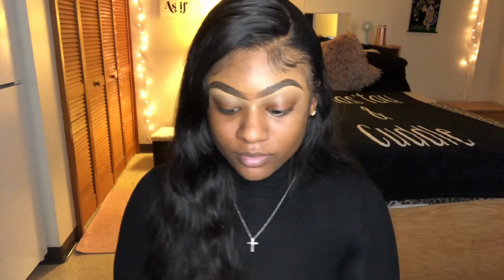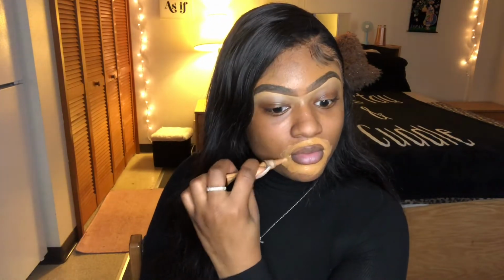And then next up, you guys, we are going into the face. So I am priming my face first, and once all of the skin is primed, you guys, I go in with my LA Pro Girl concealer, and I like my lips to look full, so I just outline my lips all around. And then once I'm done with that, I use that same concealer and go underneath for the dark marks underneath my eyes,